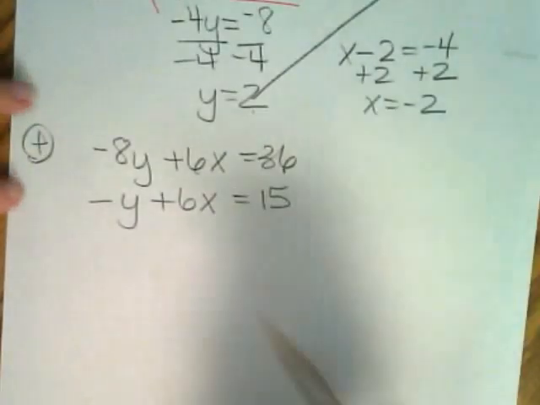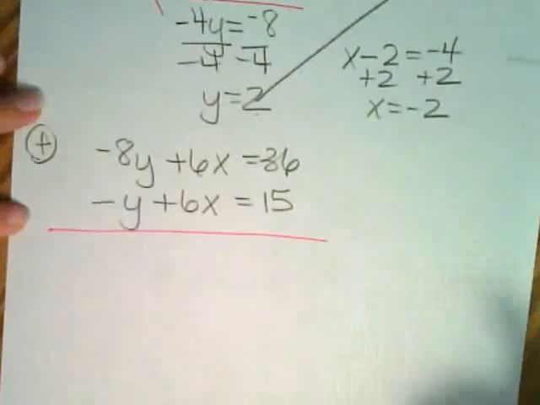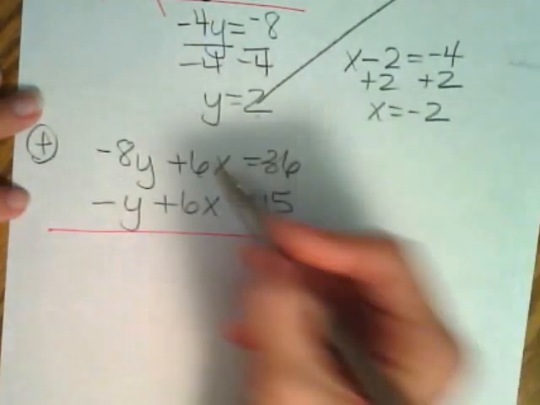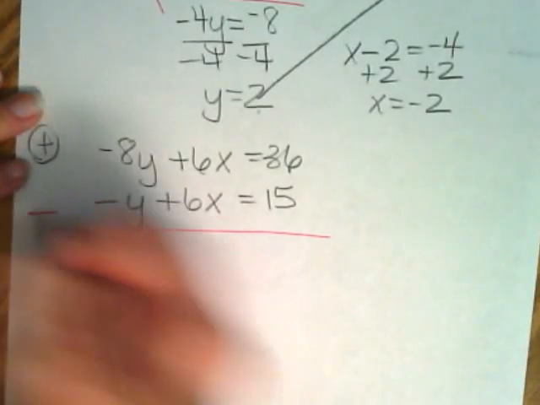Okay, so you hopefully said, I'm in standard form. I want to get rid of this because it's the same number, but I need to subtract because they're both positive. So if I subtract,